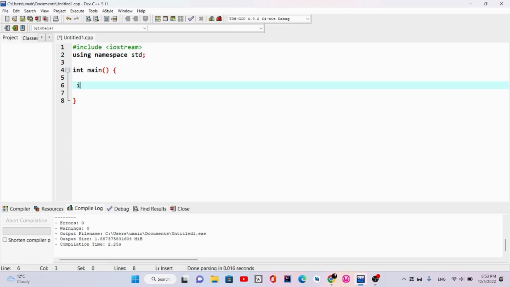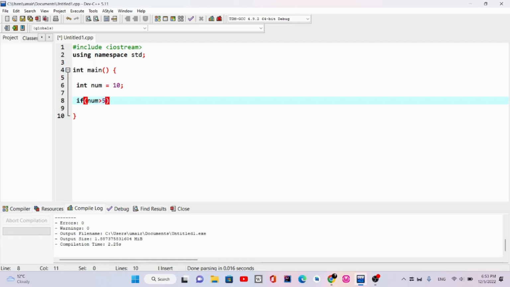So for that reason, let's create a variable first, and I can name it num, and firstly I will initialize the value as 10. So here I have initialized the number with the value 10, and I will write an if statement. In these parentheses, I have to specify my condition. So I will write if num, and inside num I have placed the value 10. So it means that if 10 is greater than 5,